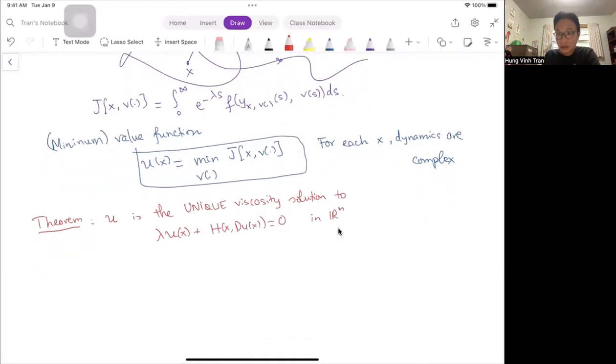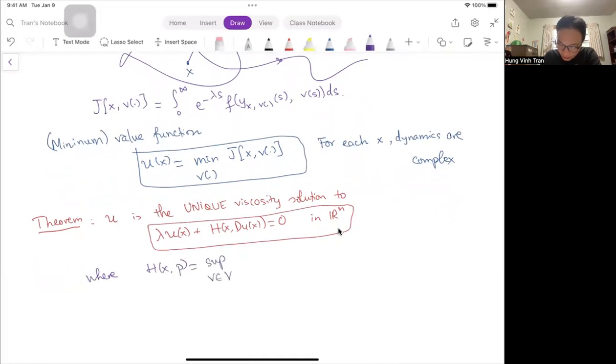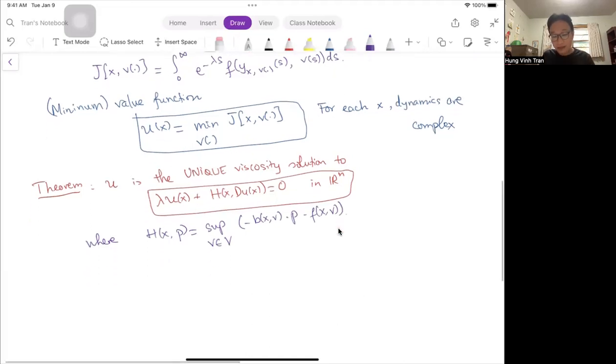Okay, that's the very nice static Hamilton-Jacobi equation, in which H(x, p) is the supremum over v in V of minus B(x, v) dot p, B is a vector so dot with p gives you a number, minus f(x, v). We take sup over all v in V. I already explained in class earlier the properties of H. We can ignore them for now, or you can also just view H as defined like this